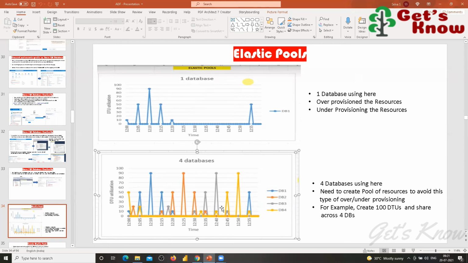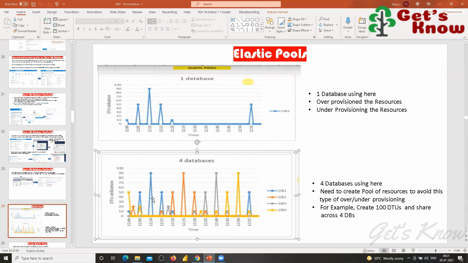You got it? Because if all the databases at a time are going to use 90% of DTUs, then it will fail, because in total we have only 100. At the same time, 4 databases taking 90 each means we would need almost 360, right? But here all of them are not taking it at the same time, right?